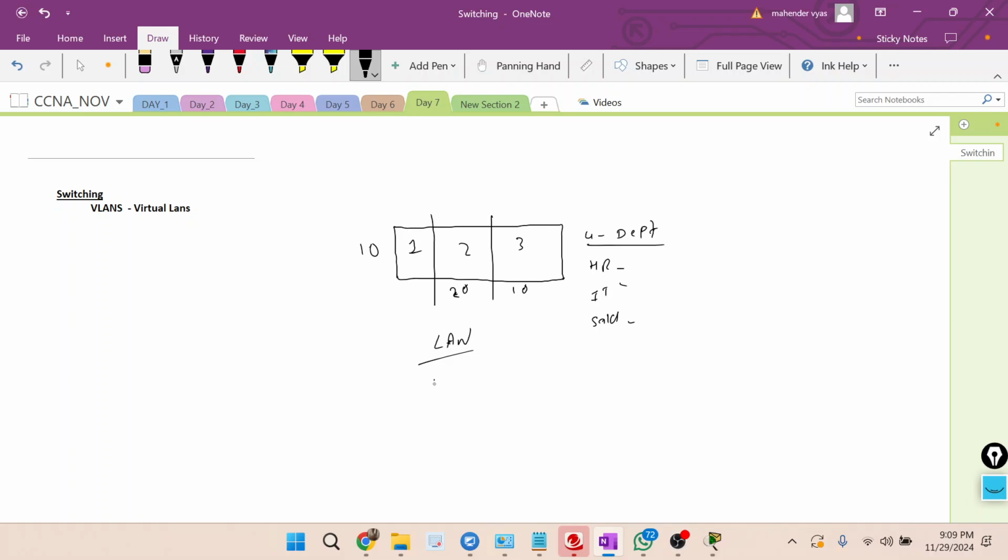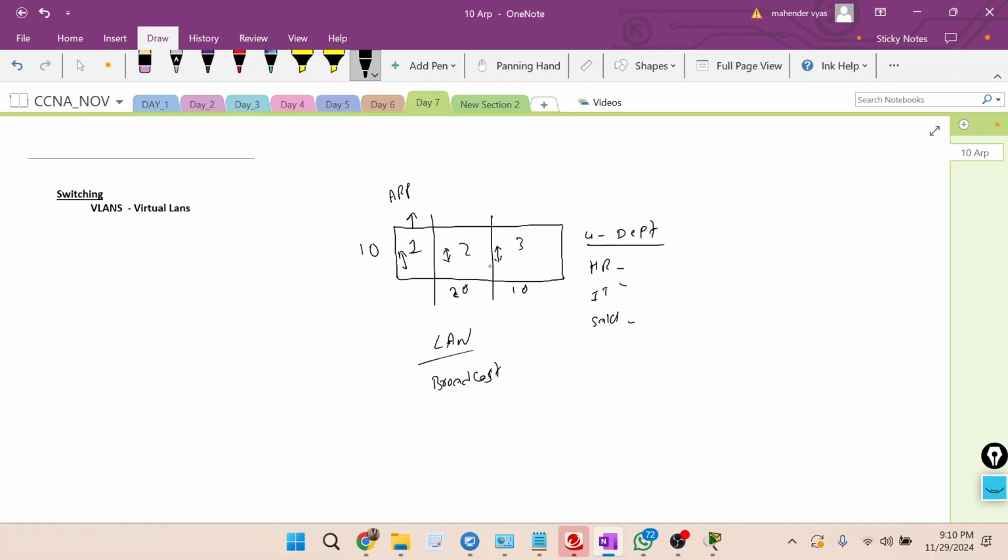So whenever a broadcast happens, suppose a broadcast is happening from the HR domain, doing an ARP resolution or ARP request. The switch will broadcast the traffic not only to HR, but even to IT and sales, right?